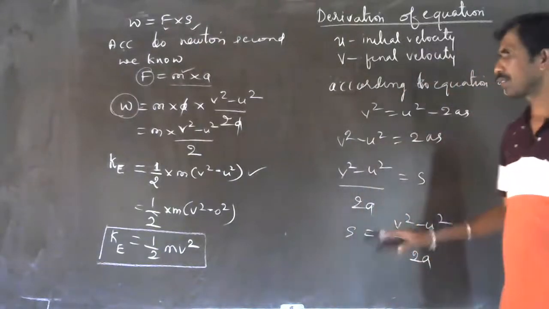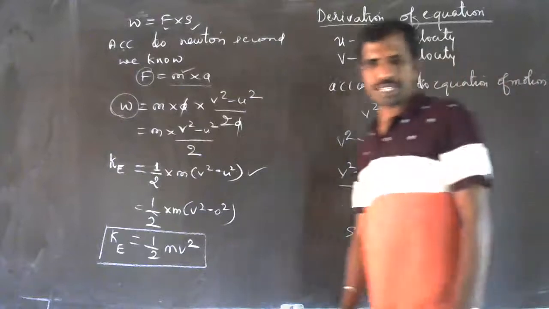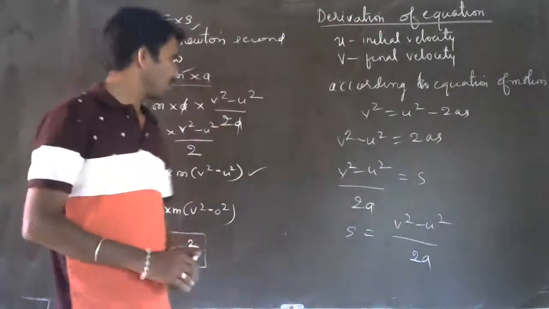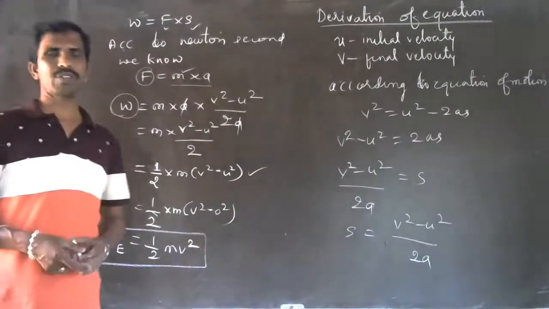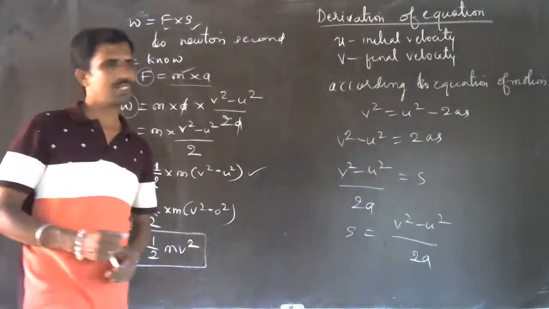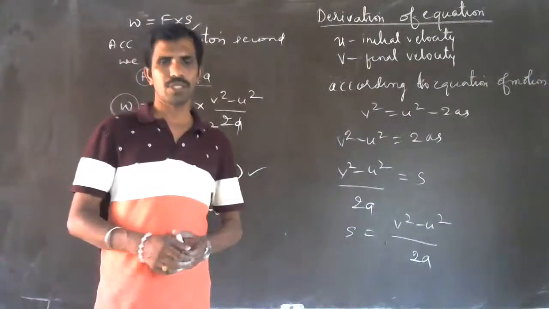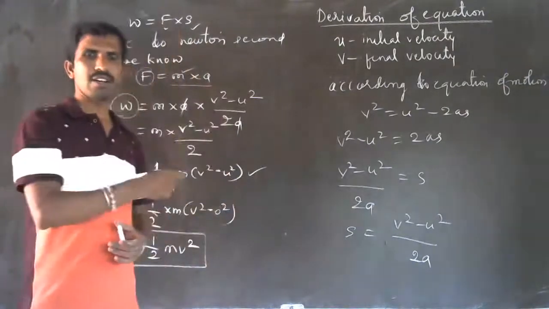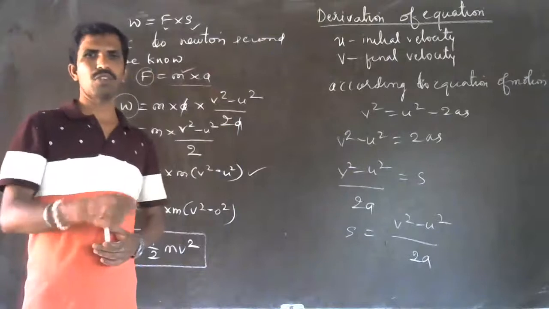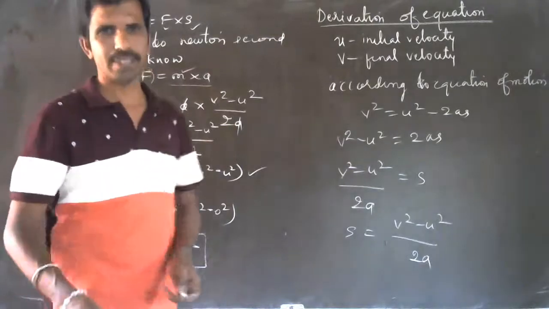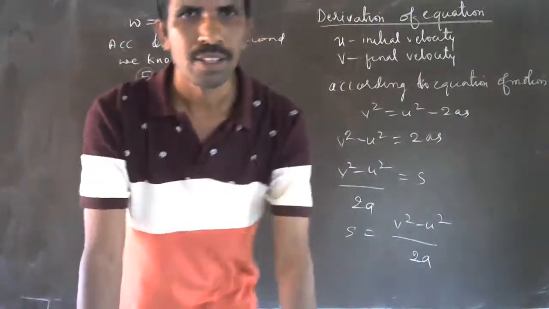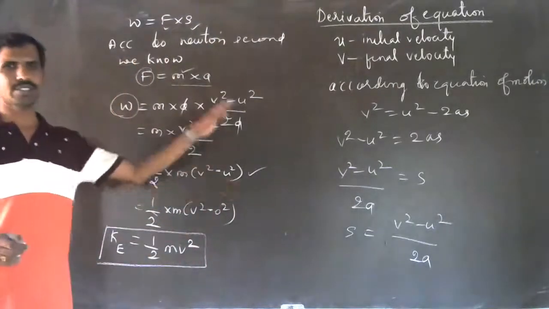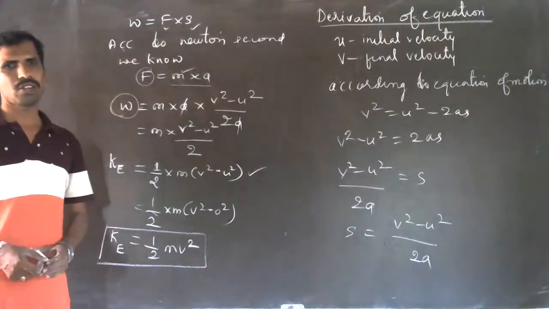This is necessary for the further numericals you are going to do in this chapter. So kindly go through this. If you have any doubt, you can ask. Some problems are given in our textbook. Just go through that and try to solve it. Tomorrow we'll see these numericals while solving the exercise. Is it clear? I hope there is no doubt. It's given in the textbook also. If you have any doubt, please call me.